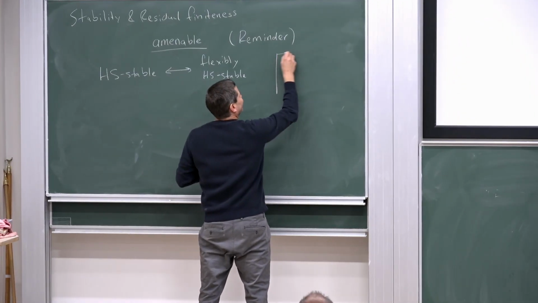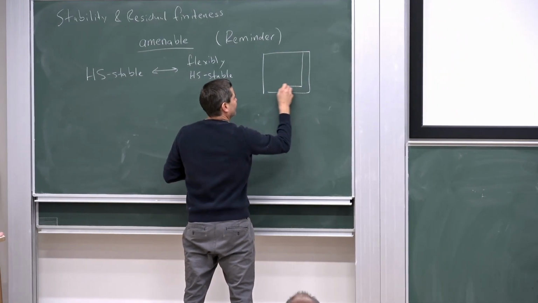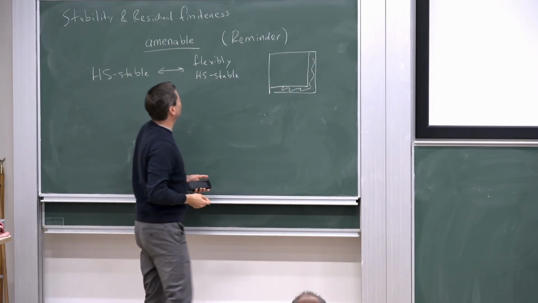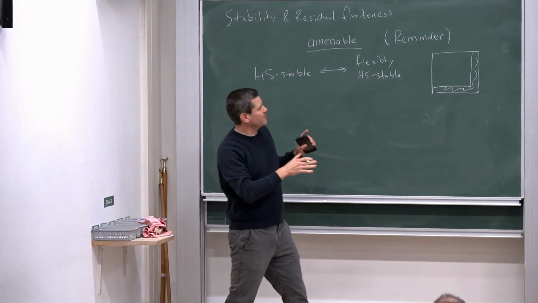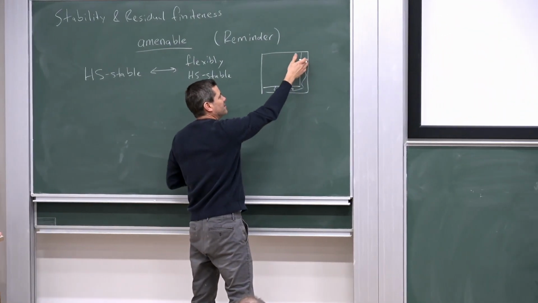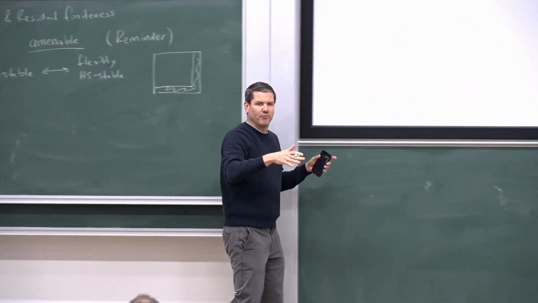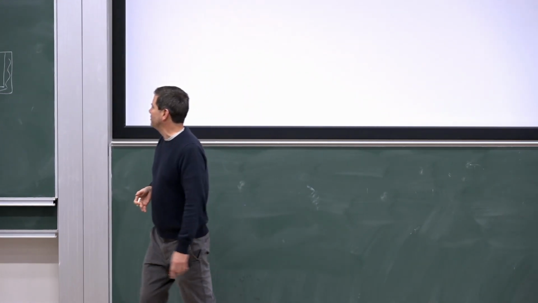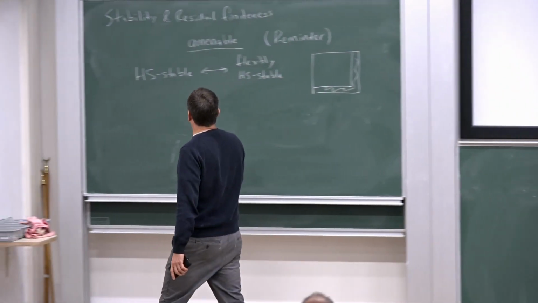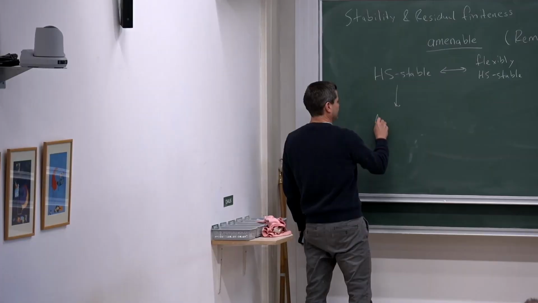And that's the picture for flexibly Hilbert-Schmidt stable. You're allowed to expand just a little bit when you're defining your homomorphisms. But the L2 norm has to still be the same. And now this implies